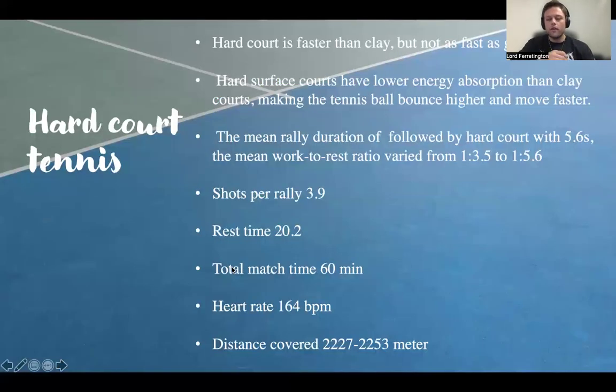Now we'll look at the hard courts. As the name suggests, hard courts are made of uniform, rigid materials with an acrylic surface layer. They're faster than clay, but not as fast as grass. Hard surface courts have low energy absorption compared to clay, so it will make the tennis ball bounce higher and move